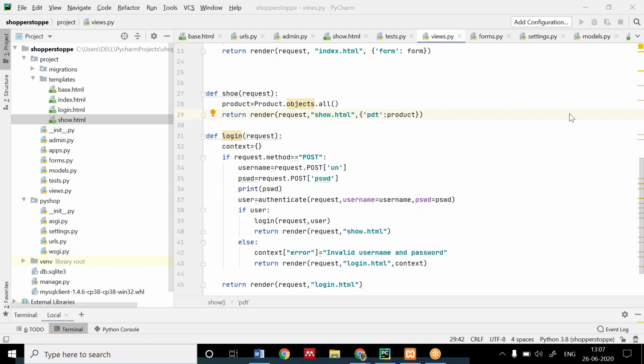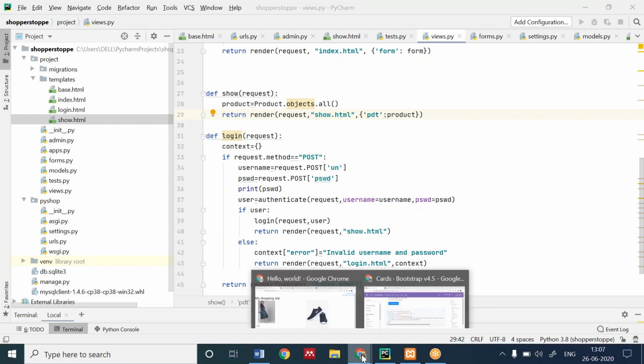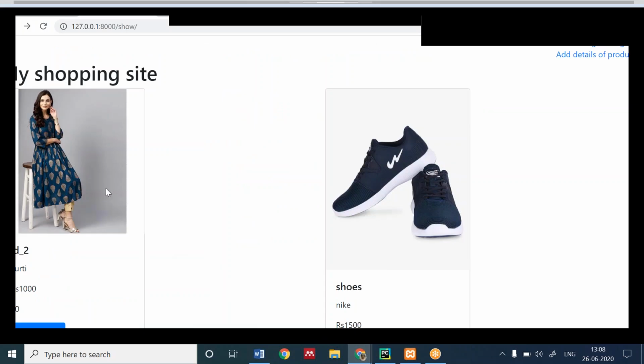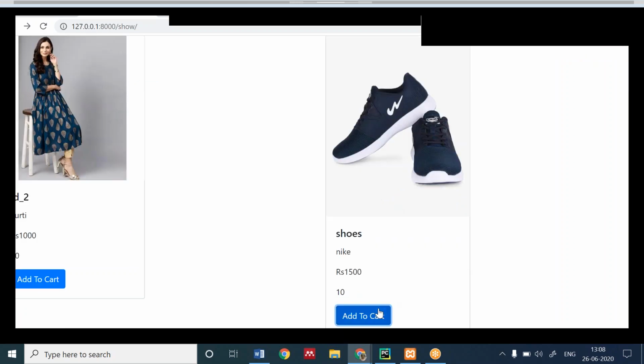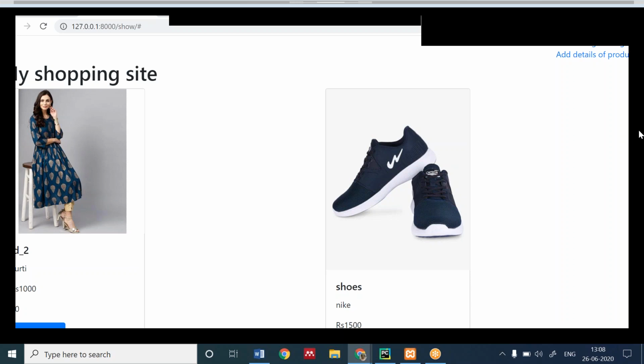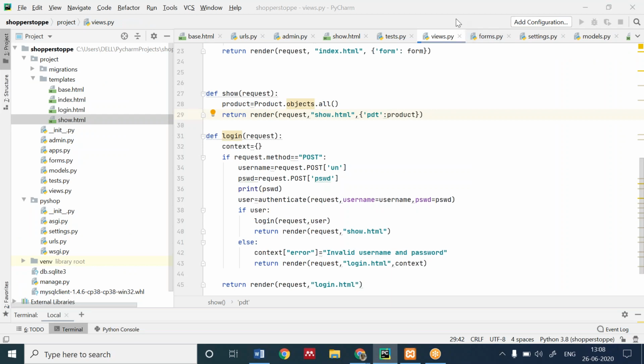Hope you have written it. Then you have to map it in the URL, and run it so that your screen comes like that. Some pictures should be there, some ID should be there, and everything we have added. A button should be there. It will not be working because we haven't done anything on the button. So write it down and check whether it's showing anything.